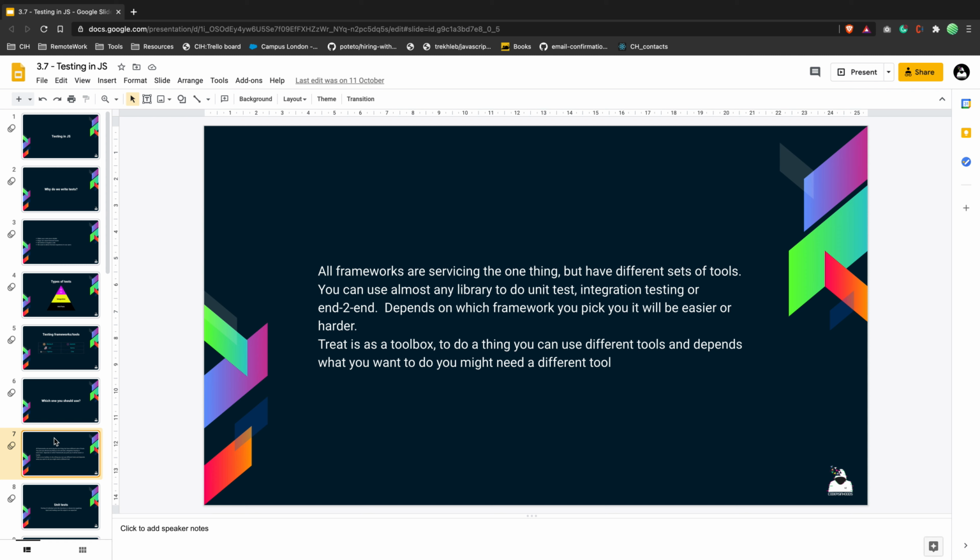If you want to test a user journey, you probably want end-to-end testing. But you need to understand that every time you pick one, it will take time to write them. Unit tests are the fastest tests that you can write, because they're very simple. You don't need to do a lot of work for them. Integration tests will take a bit longer, and end-to-end tests take really a lot of time.